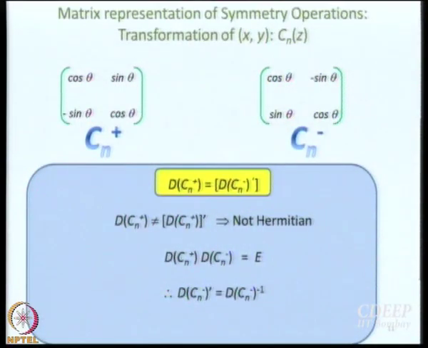That means what we now get to see is that this geometry is actually reflected in the algebra. It is just that you need to be able to read it. The geometrical changes are actually being reflected in the relationships between the transformation matrices, right. Okay. Now, I hope we have not forgotten this, that D(Cn+) is equal to D(Cn-) transpose, right. So, I can write instead of D(Cn+), D(Cn-) transpose, which is equal to D(Cn-) inverse.